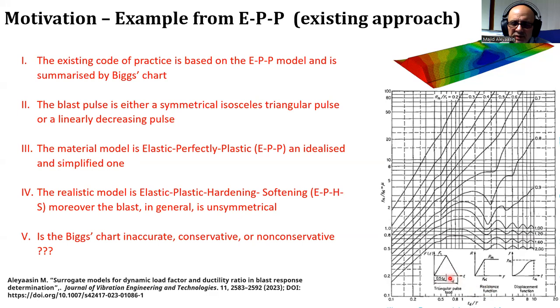So we have three stages for loading and two stages for material behavior. Basically we have six sets of equations. This is why we classify it as a non-smooth system. Although blast loading appears to have nothing to do with non-smoothness, the non-smoothness comes from these six categories that produce six types of equations.